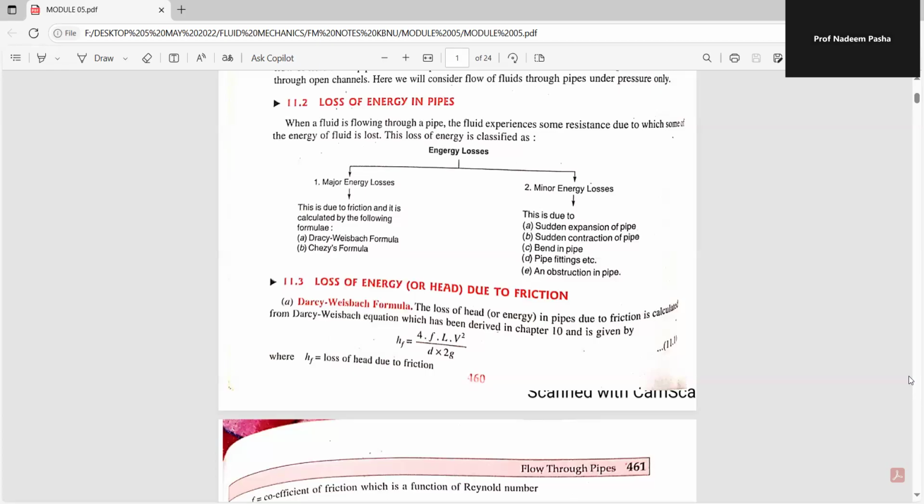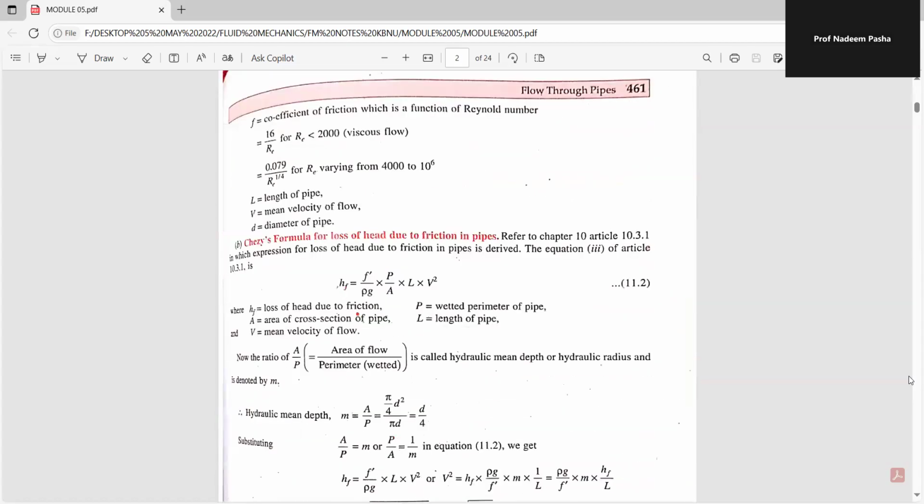Now we will see what is the loss of head due to friction. That is major loss. Darcy Weisbach formula. The loss of head or energy in pipes due to friction is calculated using the Darcy Weisbach formula: hf equals 4 f L V square divided by D into 2g, where hf is the loss of head due to friction and f is the coefficient of friction, which is a function of Reynolds number,